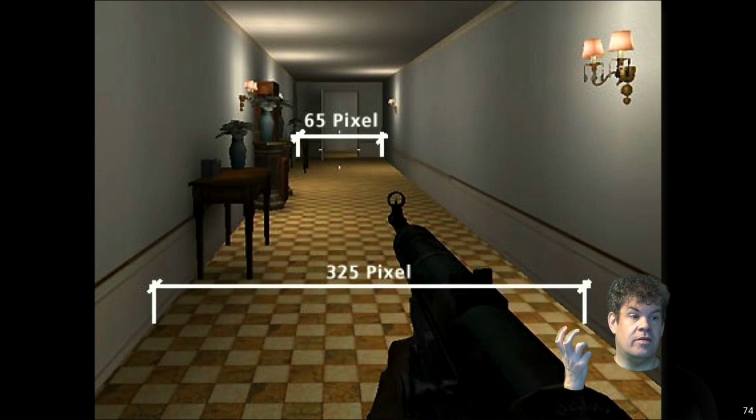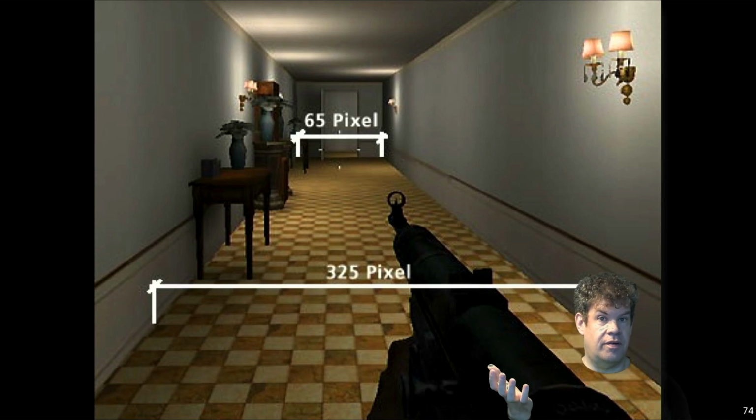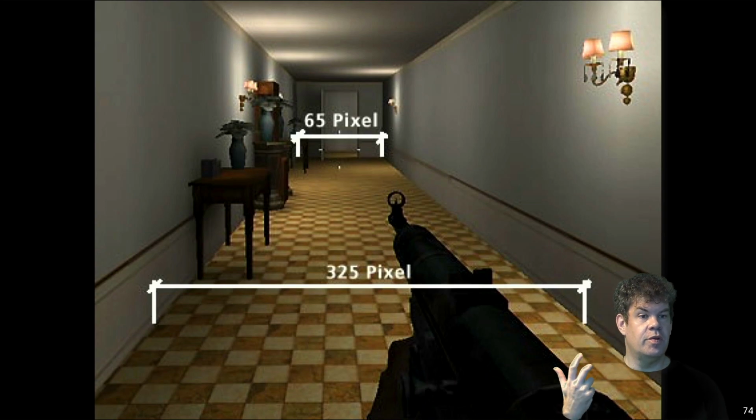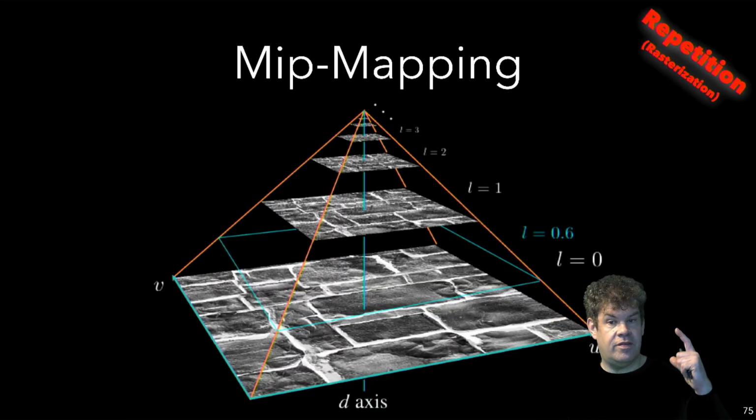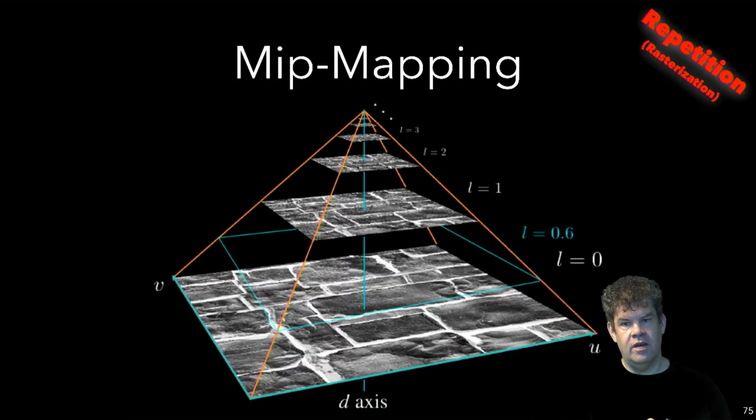Yeah, so what can we do? Well, we can't do this during the rendering process. That would be too expensive. Instead, what we do, and that's a repetition from rasterization before, I already explained this, is to use the